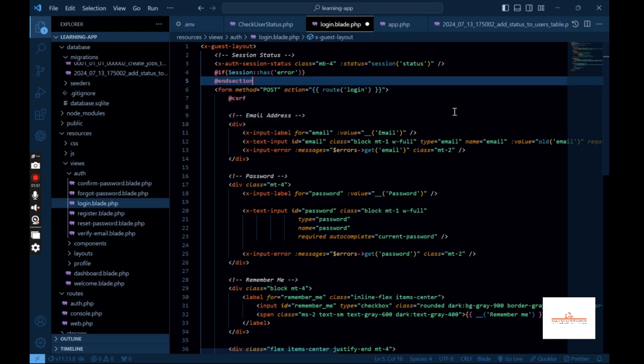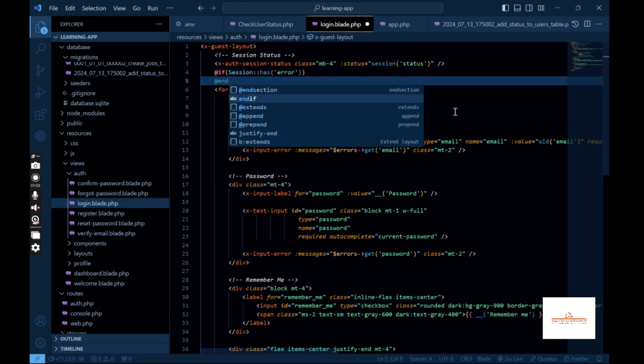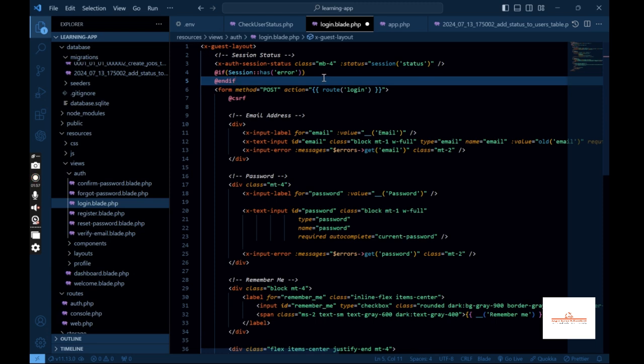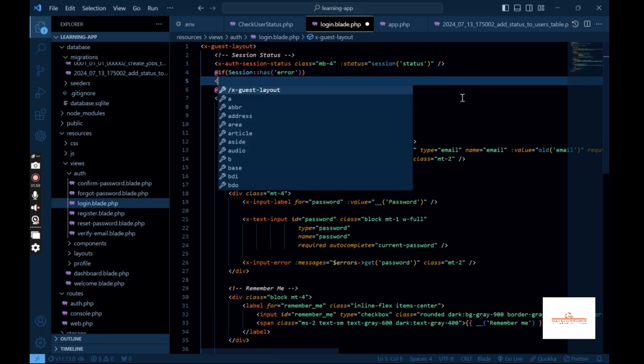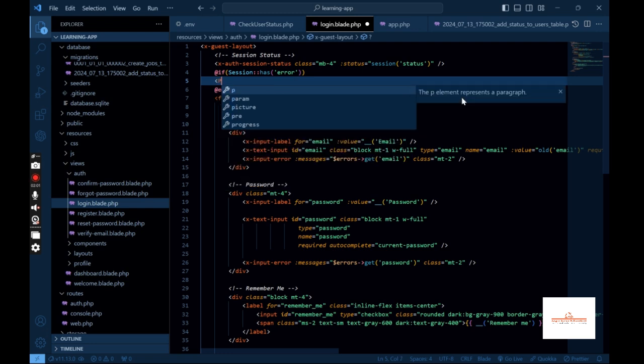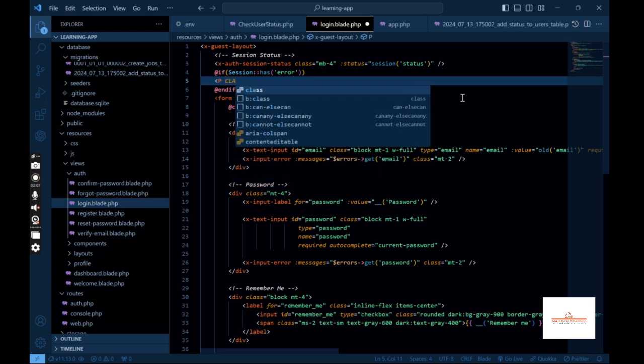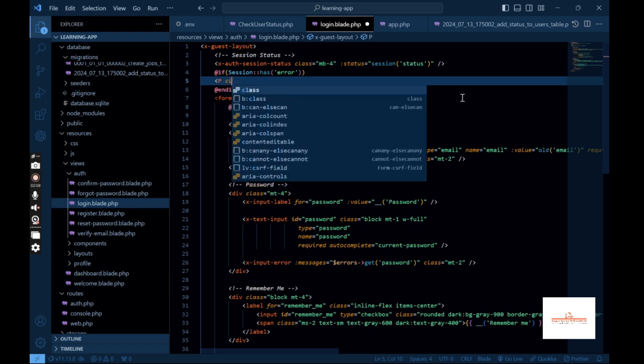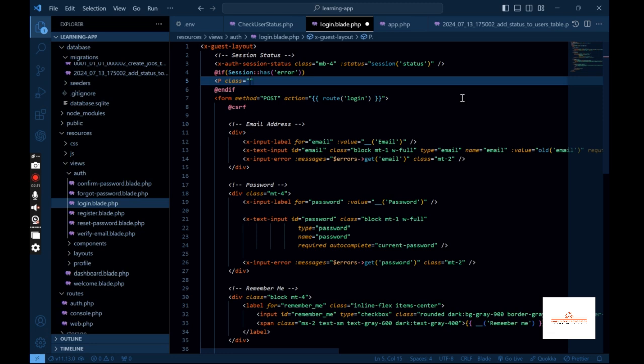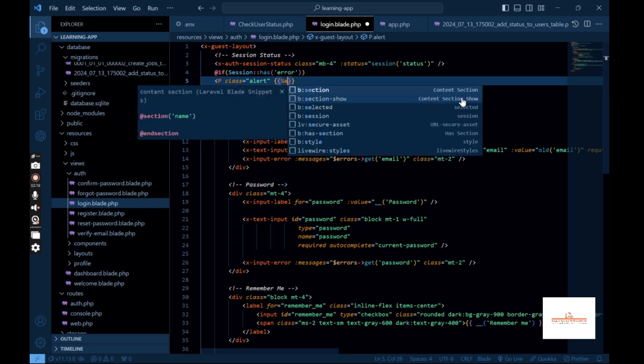And we are going to put a message inside this. You can customize it as per your UI. So class alert, okay, and doing something like this,